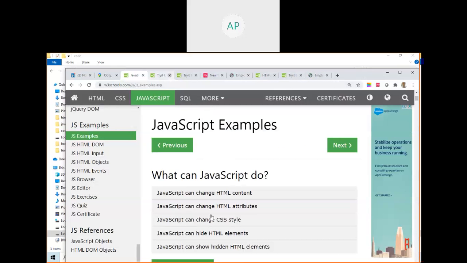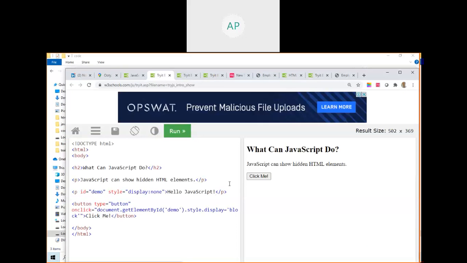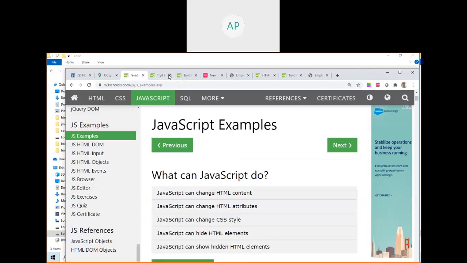In the same way, by using JavaScript you can show and hide the element. This is to explain to you, they made it inline. By clicking this, what will happen? Display block. It is displaying and hiding. Display none, so nothing is displayed. When you click, they are making it a block, so it gets displayed. You will get the example.